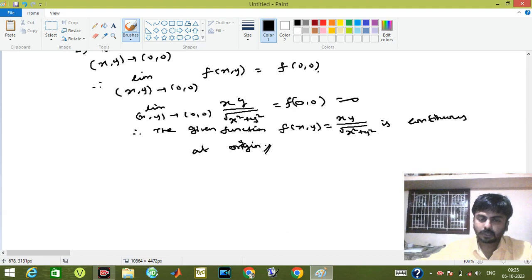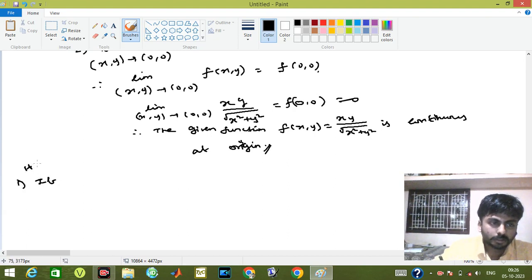Yes, the first problem is, take down, this is your homework: if f of x comma y equals x minus y divided by 2x plus y, then show that